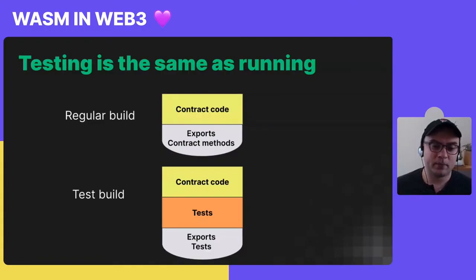So you would take tests and you would compile them together with the contract code in such a way that the tests themselves are basically your contract host functions. Then you would deploy this stuff to your node, and then you would interact with tests as if they were contract functions, which allows you to unify lots of the experience around running the contract code and make your testing experience as close to production as possible. So your code in tests is going to be highly reproducible in production too.